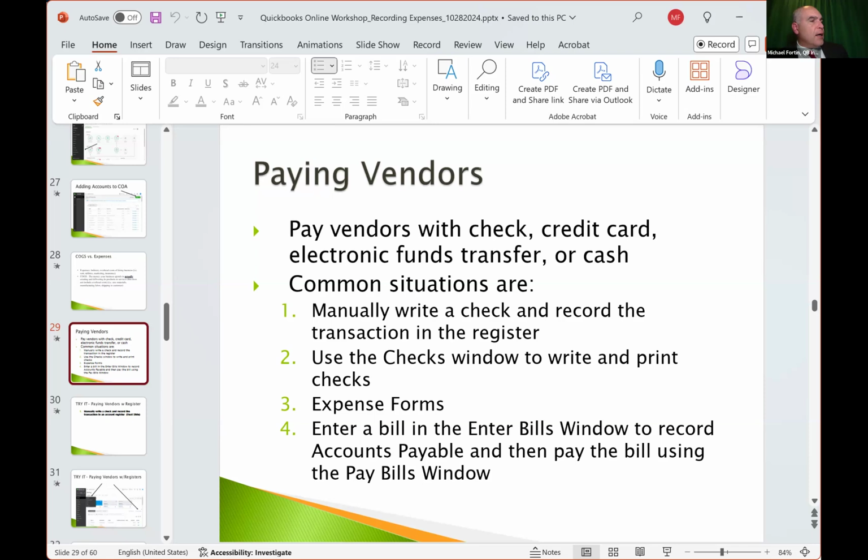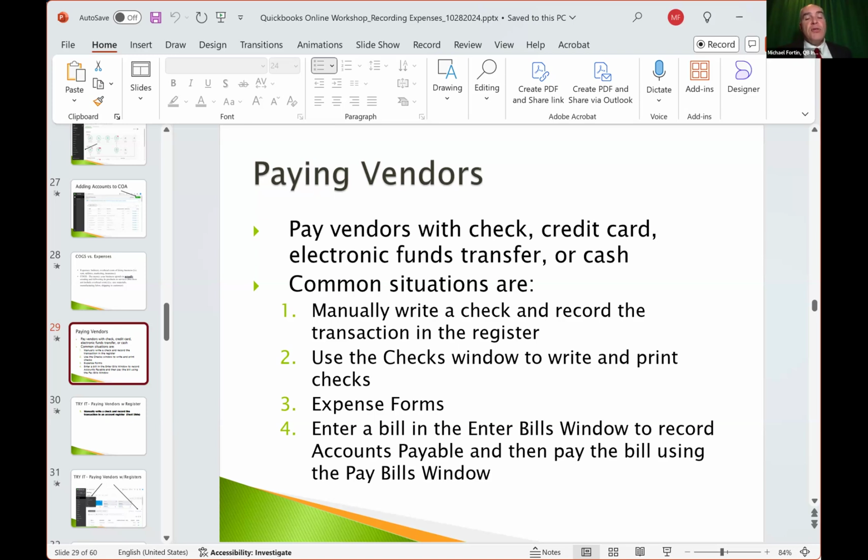If you want to use the business money for a personal purchase, you need to make sure to record that as owner's draw, as a personal expenditure, so that your records are accurate. You should never mix personal and business in your bank accounts. So that being said, if you have a checkbook for your business bank account and you write checks, we're going to go through how that works, writing out a check and recording it.